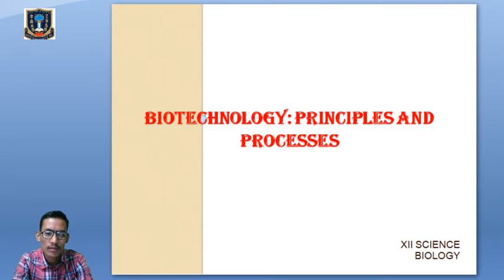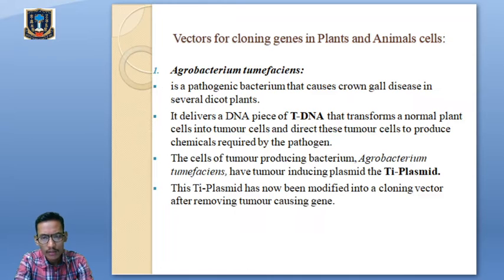Welcome to biology class. In the last class we learned about cloning vectors and their characteristics, right? So today we will learn about the vectors which are used for cloning genes in plant and animal cells. Clear? Mainly, vectors are used to transfer the foreign DNA or the gene of interest into the host,